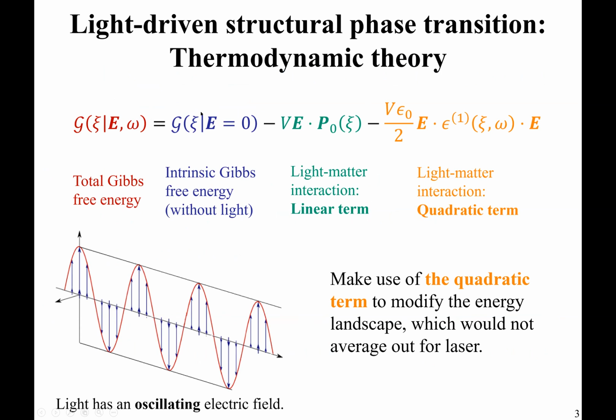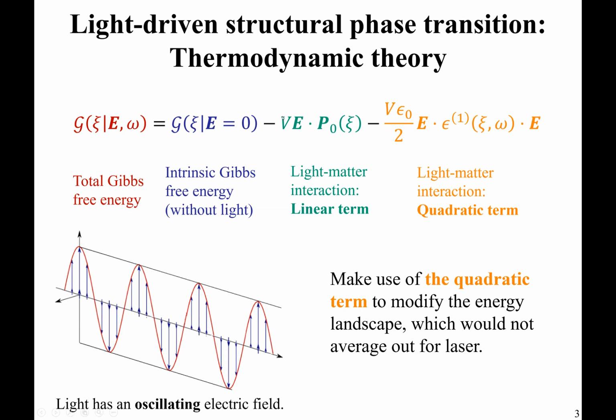So first of all, if you have a structural phase labeled by this order parameter that can be going from FCC to BCC, and this is without the illumination. Now under photons, you can have this linear term where P naught is the static polarization that depends on the reaction coordinate. And this gives you the ferroelectric effect. And also you can have a second order term due to the real part of the dielectric constant for a photon of a particular frequency at a certain reaction coordinate.